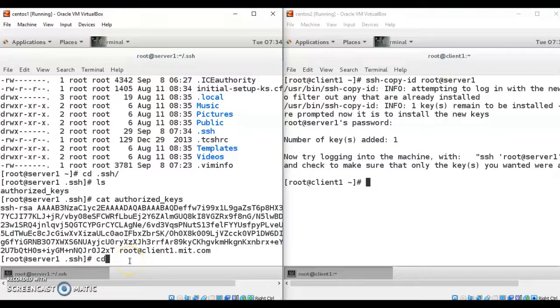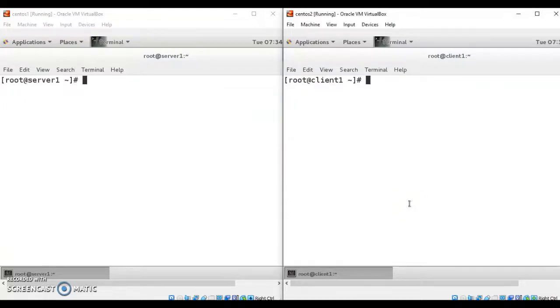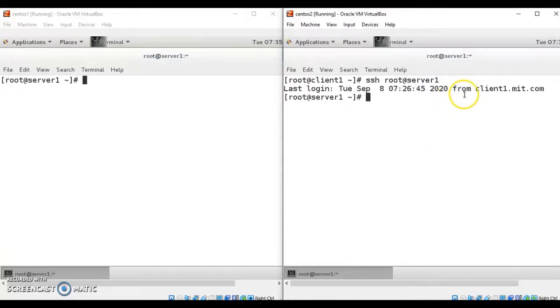Just come out of this file, switch to the client machine and try to log in remotely with the help of SSH to the root user on server1. Here you can see that you are logged into the server machine and it has not asked you for the password. So we have used ssh-keygen and ssh-copy-id to copy.